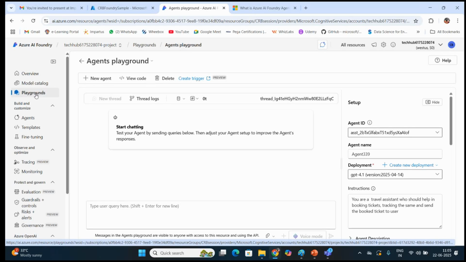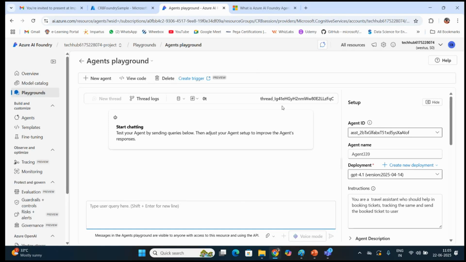So you will be coming back to the playground, wherein you can test and check what your agent has been acting on and how your agent works. When you click on that particular check in your playground, it comes back here with your agent ID, agent name, deployment ID, and instruction. All the data that you had given will be available here as well, along with the testing box.